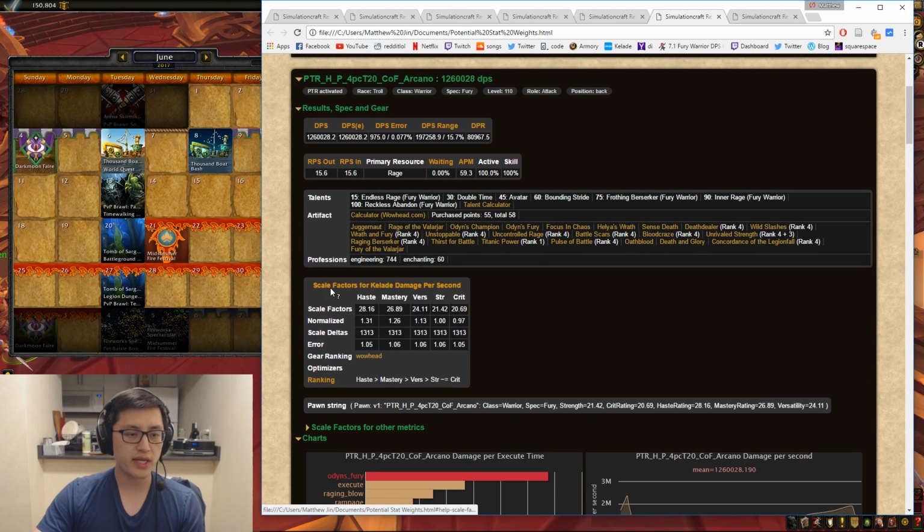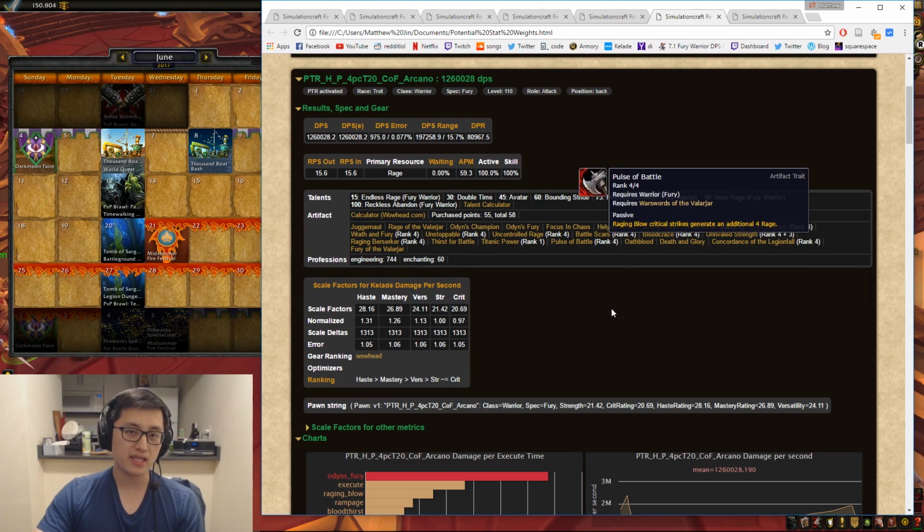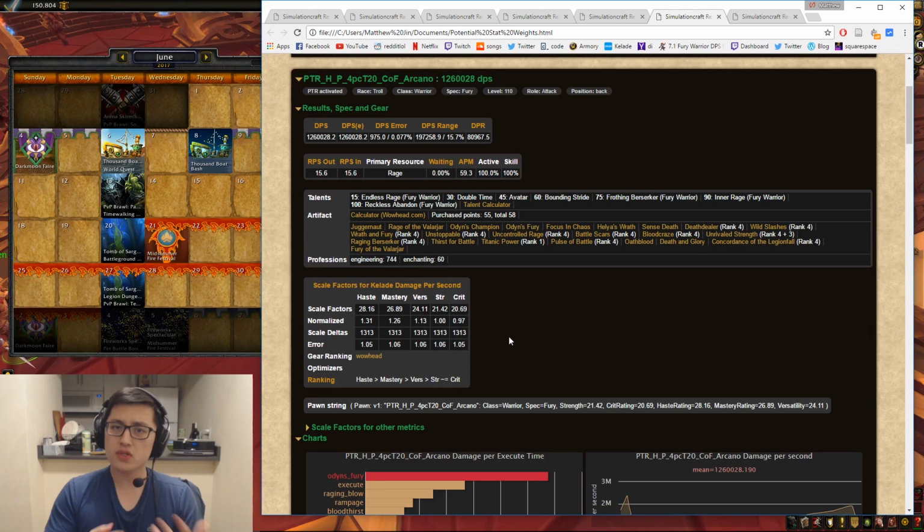Right here on this box, you guys can see the skill factors for my character. You guys can see my haste values, my mastery values, my versatility values, strength, and crit. So with the legendary helmet and the pants and with the 4-piece, your stat weights don't change that much from before patch 7.2.5, right? It's pretty similar to what we had at 7.2. Now, of course, haste is slightly more valuable now than before, right? You have haste normalized value at 1.3, mastery at 1.26, versatility at 1.13, strength at 1.0, and crit 0.97, a